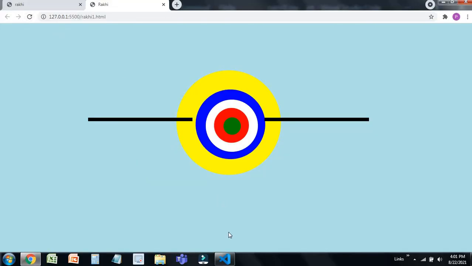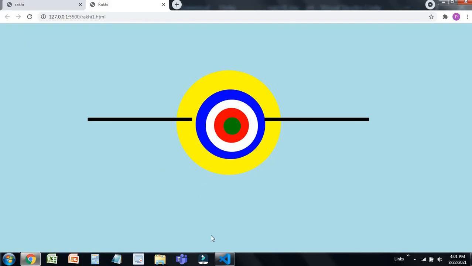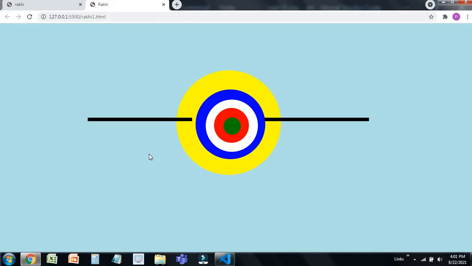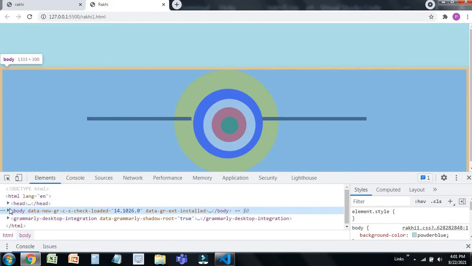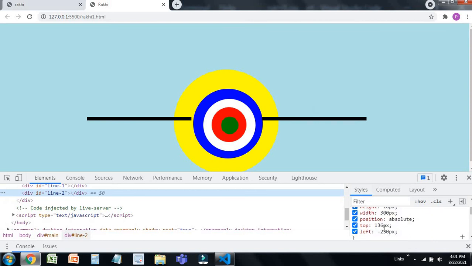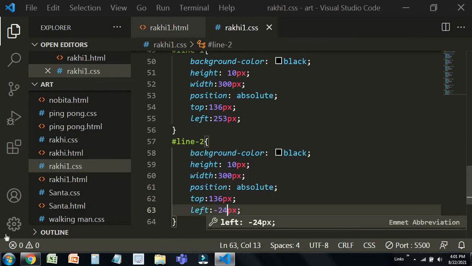Okay, we need to make the left go a little bit inside, so we'll make it 250 and a little more. Go to your line 2, and move left a little bit so that it touches it. Yeah, 243.